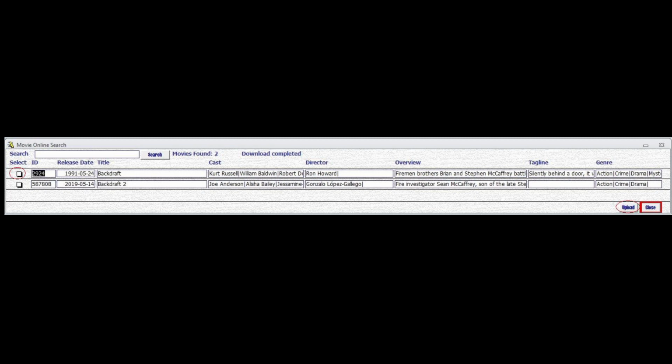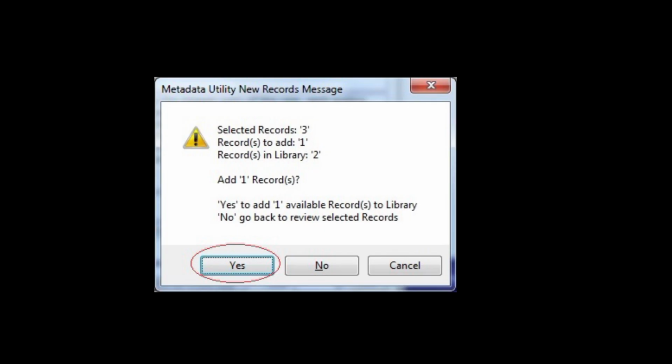And if we click select and then finally click on the upload button, as we have on the bottom right corner next to the close button, as we can see highlighted here, Metadata Utility will prompt us. In this particular case, we selected 3 possible movies,